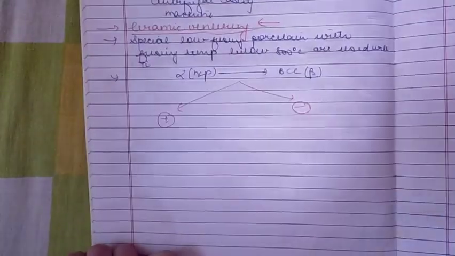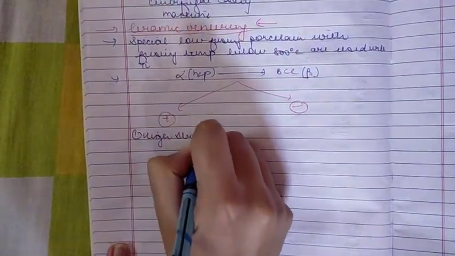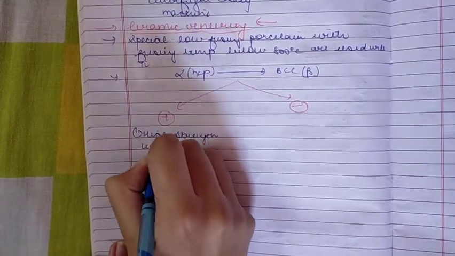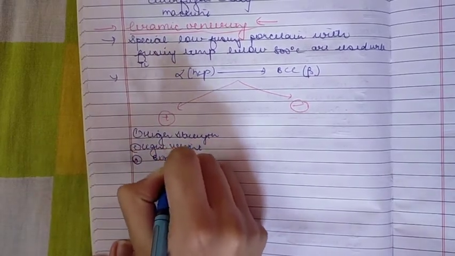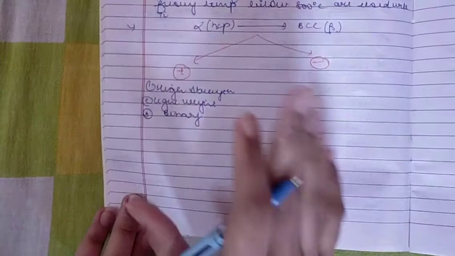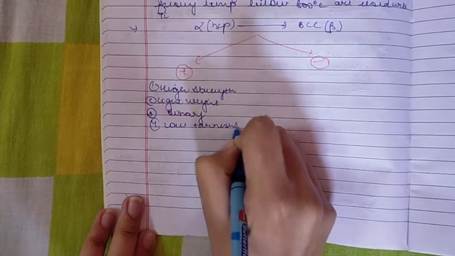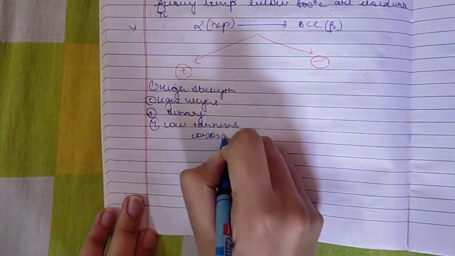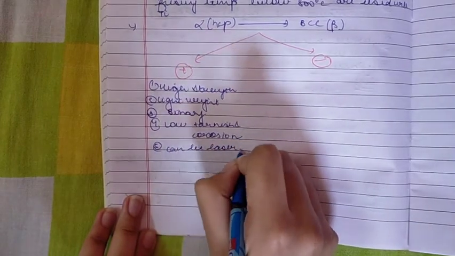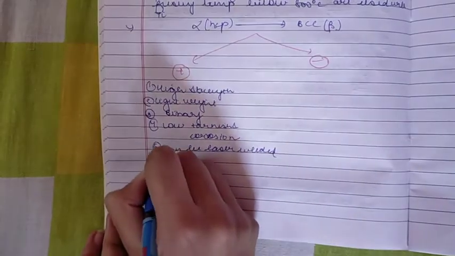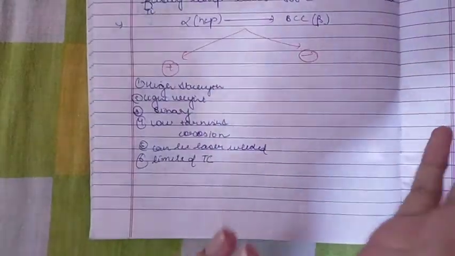Now what are the advantages of using a titanium alloy? First of all, it has high strength. Second, it is light weight. Third, you just need to add certain 1 or 2 elements into it. Then it has a low tarnish and corrosion effect because of the property of self-passivating. Then it can be laser welded. It has a limited thermal conductivity.